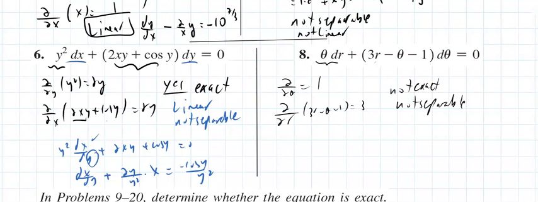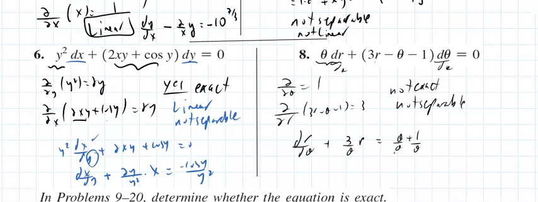But if I divide by theta dr, that wouldn't work. But if I divide the other way around, if I divide by theta both sides, so I'm looking at dr d theta, and divide by theta each of those, plus 3 over theta r, and move that to the right side, theta plus 1,